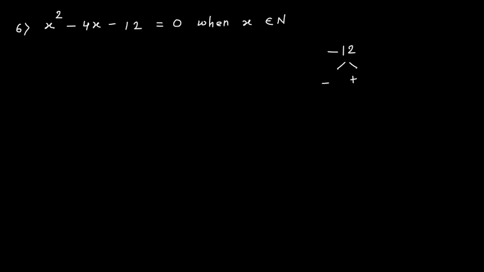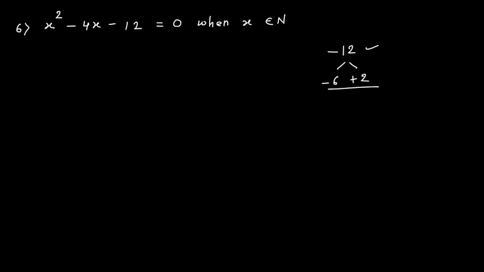So if you take 6 and 2, minus 6 and plus 2, the product will be minus 12 and their addition will be minus 4. Now how do I know so quickly that minus 6 and 2 we will take? It is nothing but practice. If you do the practice, you will also understand. You can take different factors of 12 and then try to find the product as 12 and you will easily figure out.